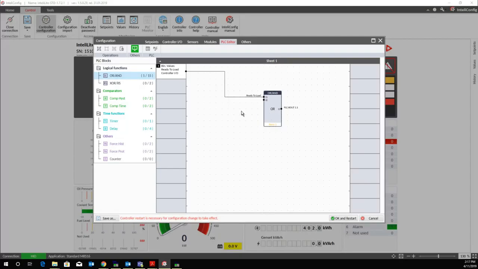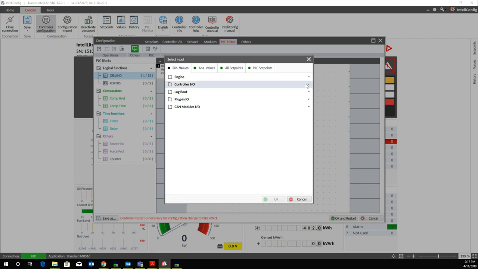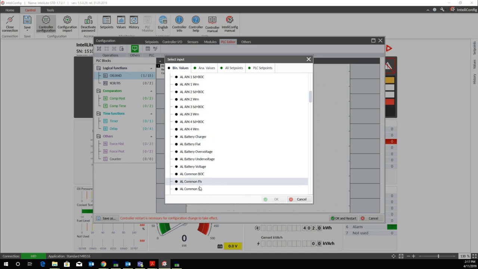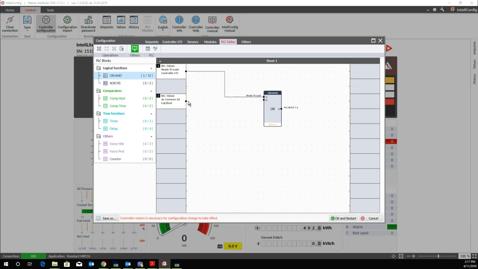We can also bring inputs and outputs to this PLC block by double-clicking on an open input block, selecting what we would like the input as, and then connecting the input to the input of the PLC block. To designate an output, simply double-click on an open output, connect the block to the output,